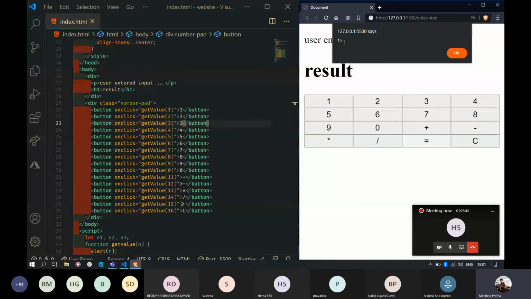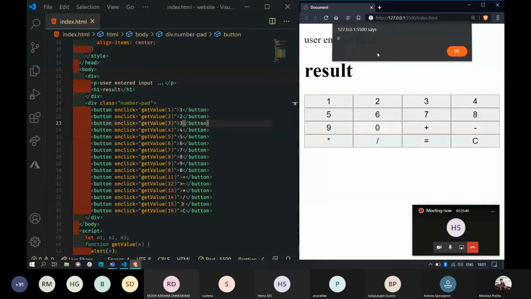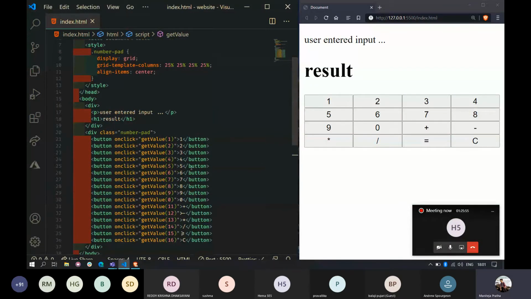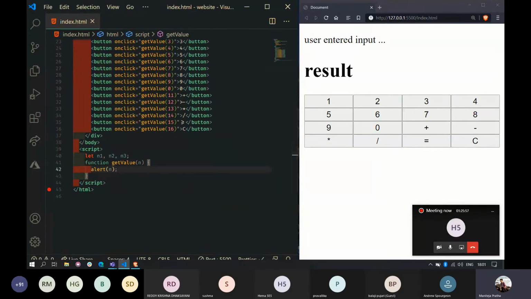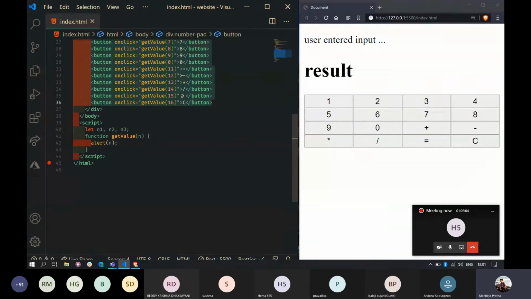And 0 we got 0. 8. 8. So clear? What I did, I simply attached a function to all these buttons. I'm simply passing a number indicating the value and I'm alerting that number. So fine, clear till now?